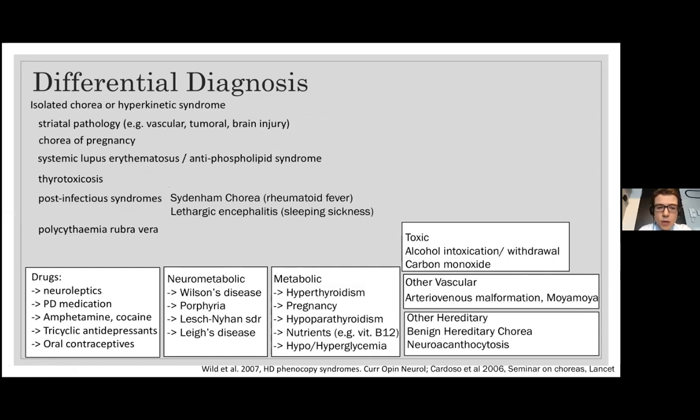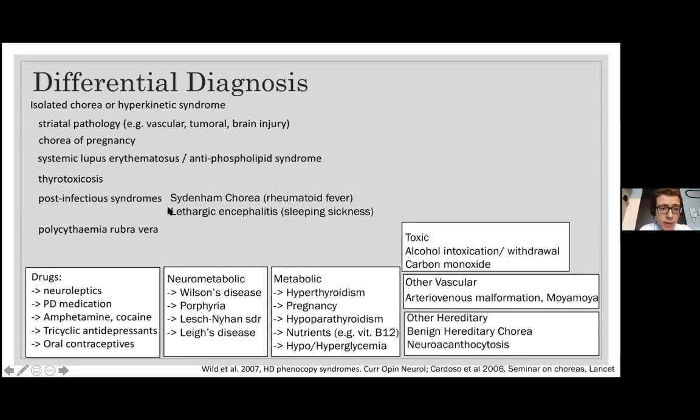And you can also look at causes of chorea in general, and so you'll get a lot of things that could cause it. So chorea is different from having motor and cognitive and behavioral symptoms, which is more like HD. For chorea, anything that affects the striatum, be it vascular, tumoral, or brain injury, could be at the source of it. There is also chorea associated with pregnancy, and also with lupus,